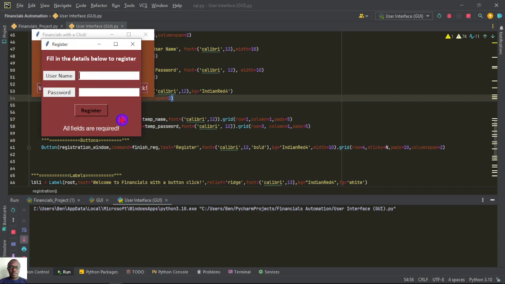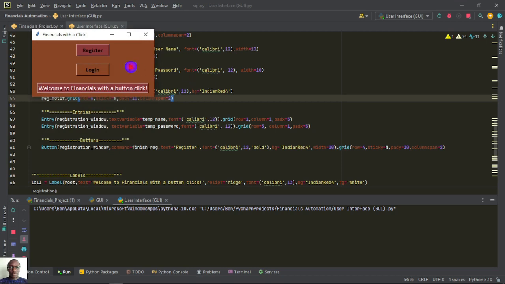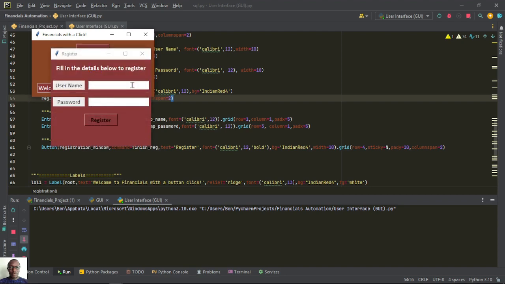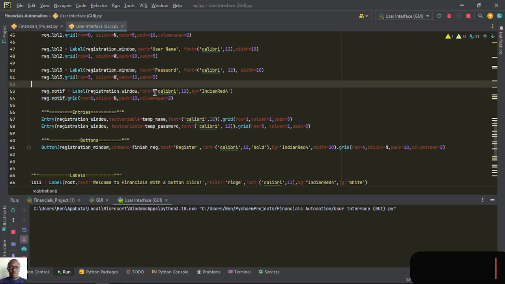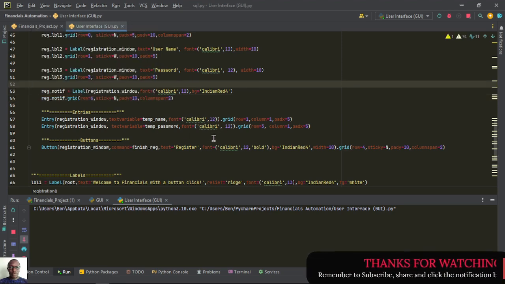Now we need to do the logging in. So when we come back in our next video, we'll be coding how we can log in after having registered our details within the application. So let's stop at that, and when we come back we'll talk about